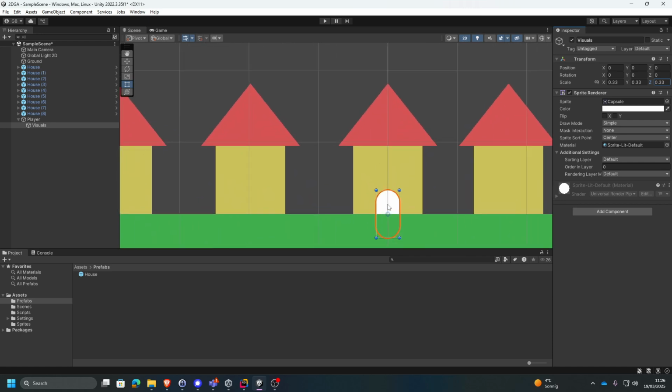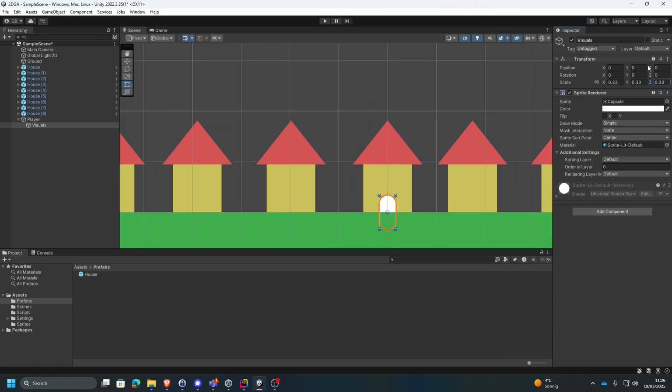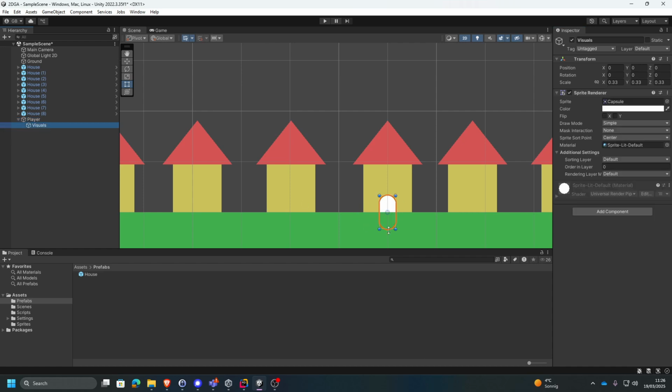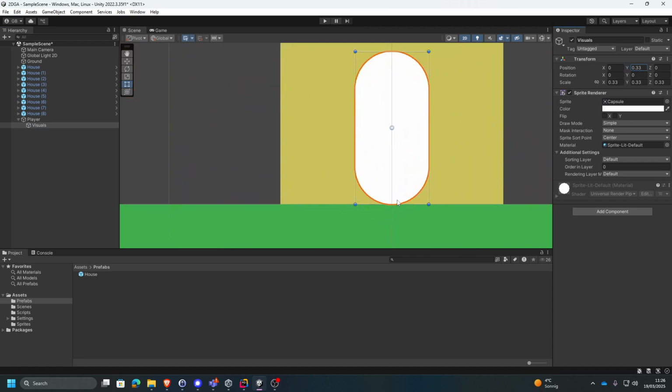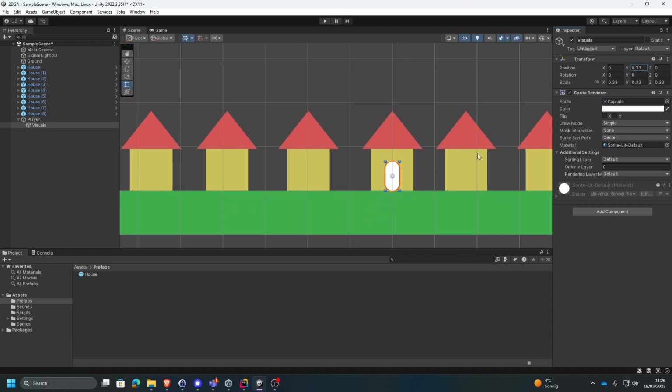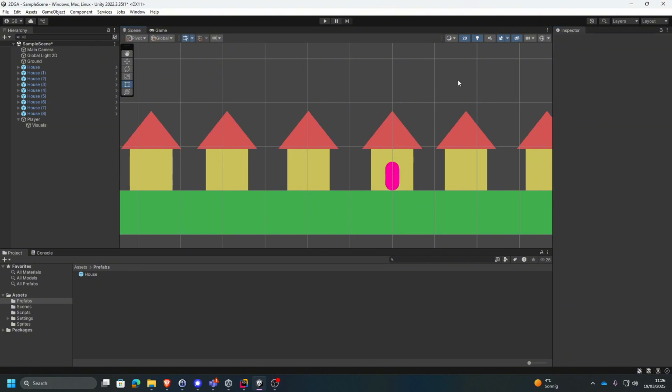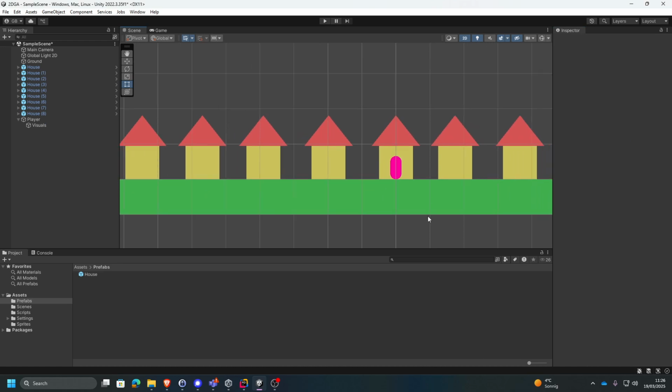But as we see, it's now also at the ground, and that's not where I want it to be. I want it to be at the bottom. So what I can do is I'll see, okay, this is at 0, 0, 0, but I want the bottom of this capsule to be on 0, 0, 0. So I'll just move it up by the 0.33 as well. And now we have a capsule that's at the bottom, and that will be our player. And just for good measure, I'll make the player a bright magenta pink so that it is easy for me to see the player when it is running around. Okay, great. So now I have a player game object and I have the visuals for the player game object,